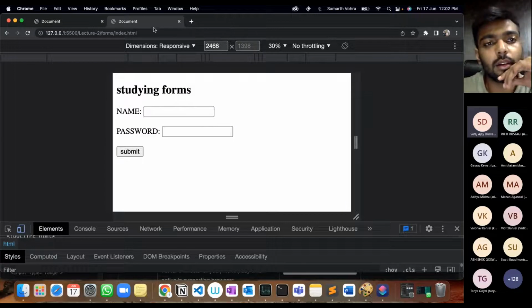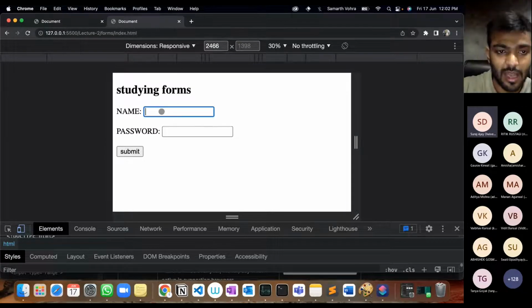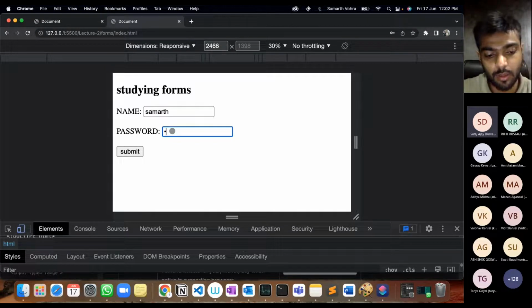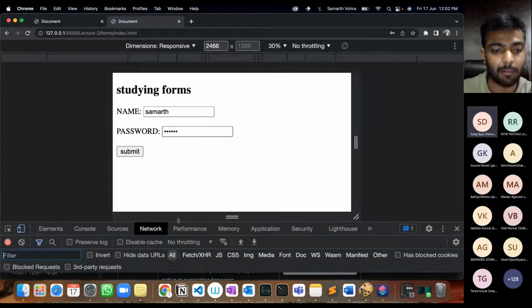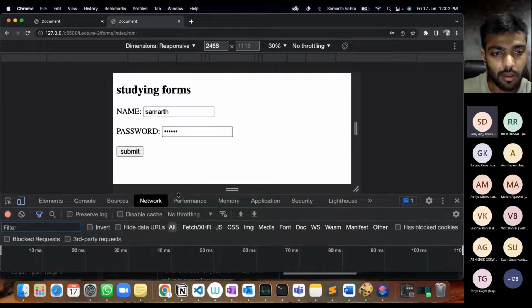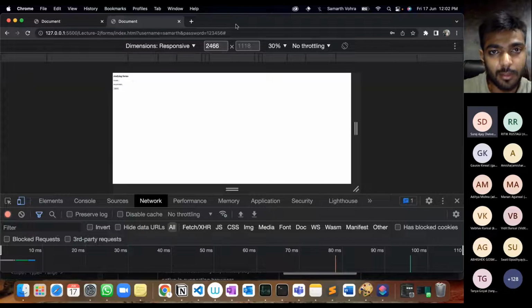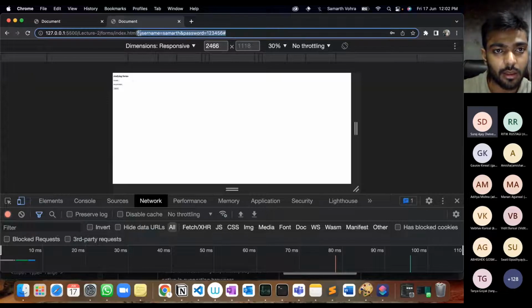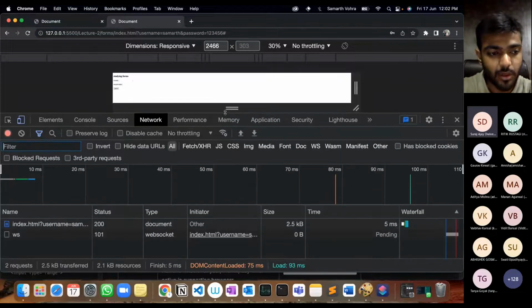This is our URL. Nothing is there in the parameters, and I have my input box to fill. I'm filling in Samarth as my name and password as 1, 2, 3, 4, 5, 6 this time. Now properly see two things. I'll show you in the network tab. Come to the network tab and click the submit button. Once you click the submit button, you get the query parameters as well as you get to see this